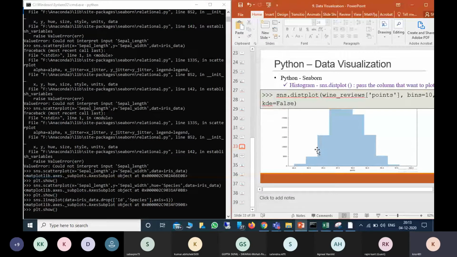Now the other one is histogram. So here we can just pass the column, similar to the others, and for this we use the function that is distribution plot. So how much distribution each one has. For example, for the wine data we have plotted points earlier also.